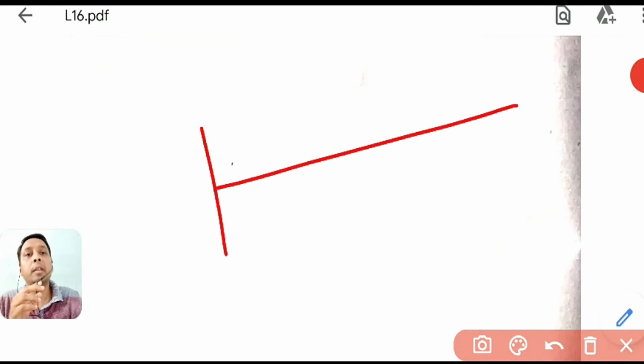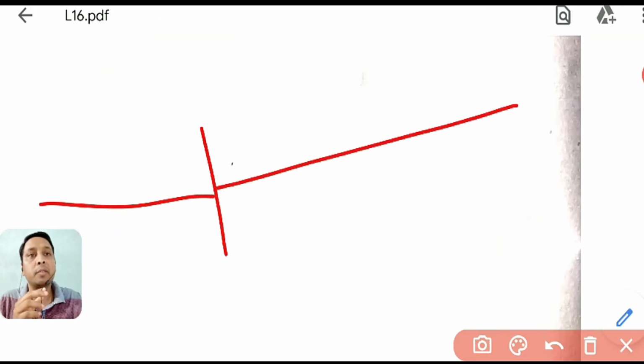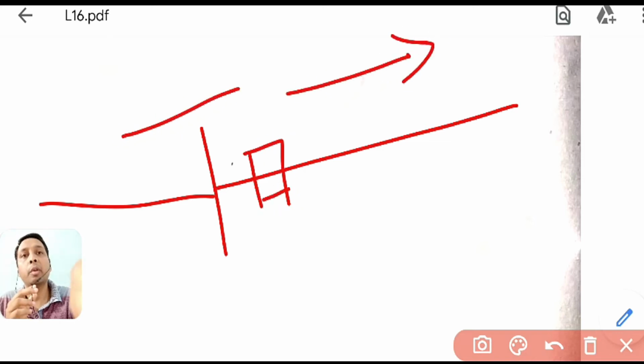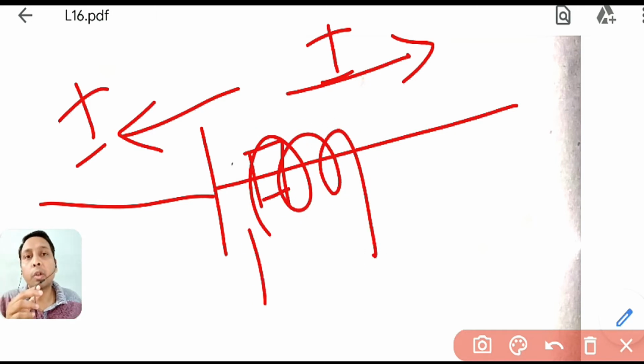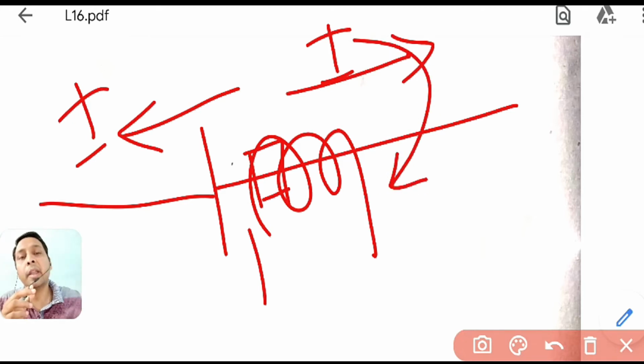Suppose you have a path here. You don't know which direction the current is flowing. Suppose you put a relay here. Current can go in this direction, or in this direction, both ways current can go. Now this depends on the CT, how you have connected your CT. Suppose you connected your CT with a dot combination in such a way that I am sensing this direction current. You can reverse it: if you change the connection of the CT, then it will sense the other current. So it depends on the CT connection which current you want to sense.